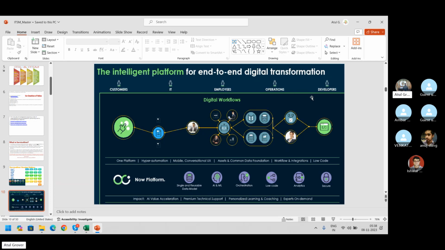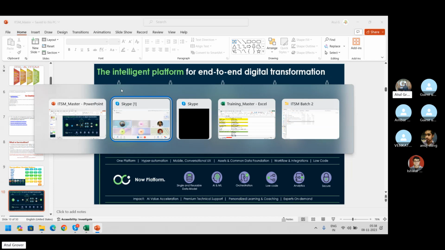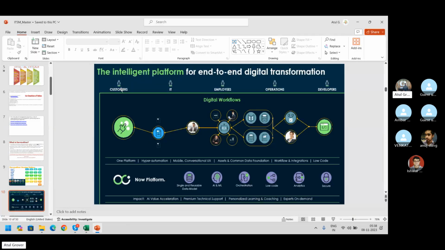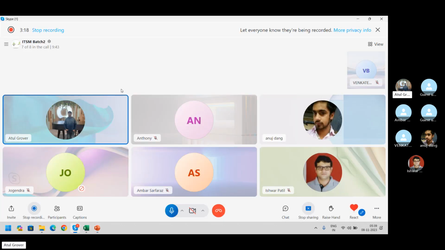This is a very latest picture which has been built by ServiceNow. When I say customer, I'll give you an example to understand. This slide will explain the ServiceNow portfolio. I'm using the word portfolio because after this slide, you will come to know that, oh my God, ServiceNow has a hand in these areas.